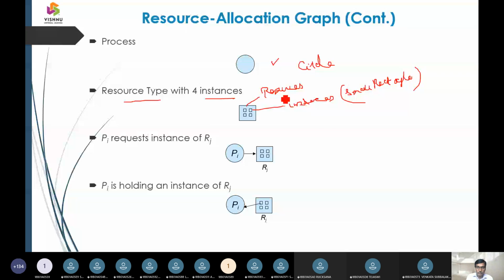So resources are represented with a square here, and instances are represented in the form of small rectangles. So what is a resource? A resource can be CPU cycles, IO, memory, or the input and output operations content.